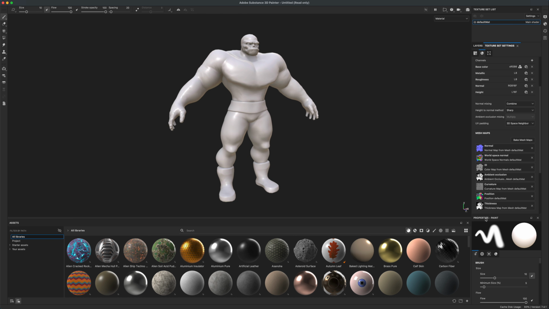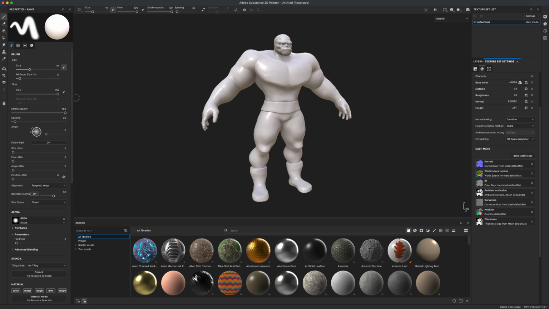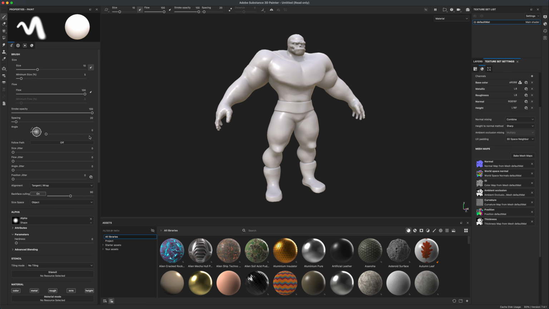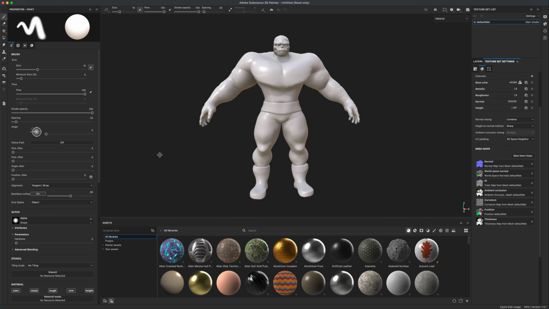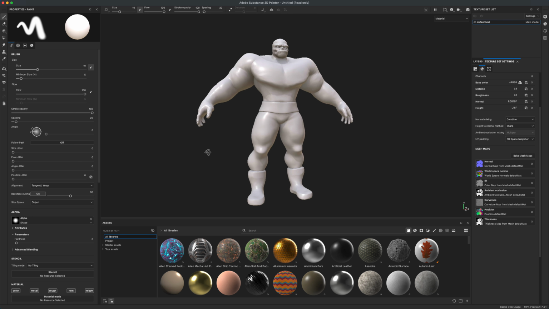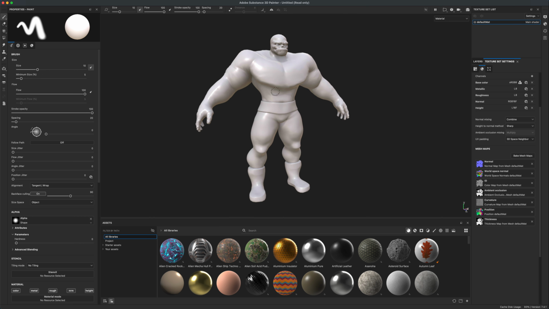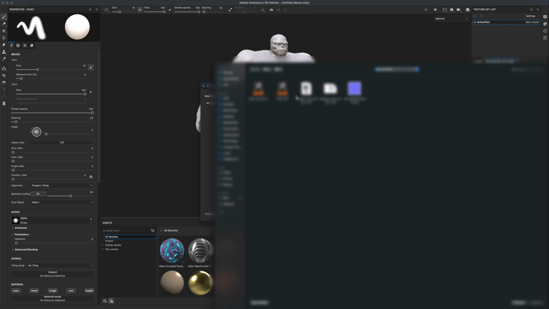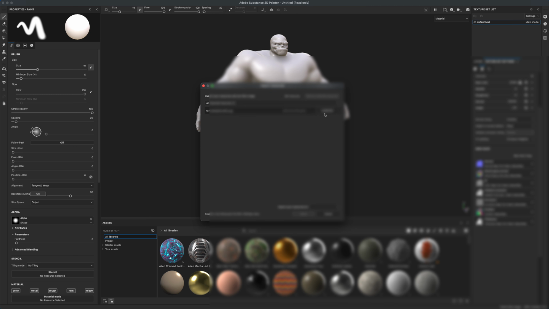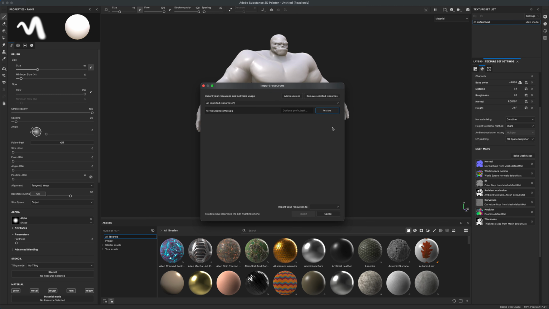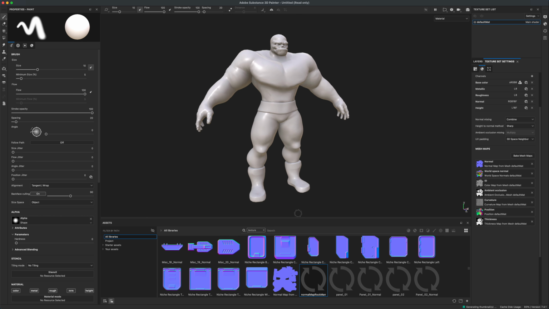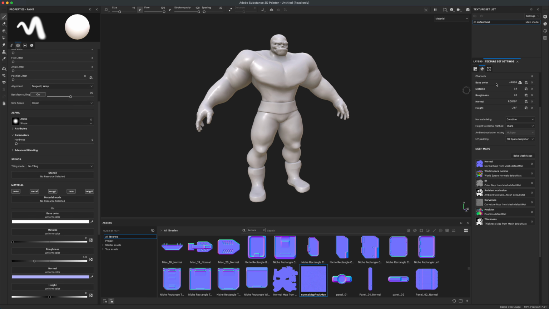Let's go ahead and, actually, I'm not sure why my panels moved around, but let's just bring in the normal map, and I just want to see before I end this video how the normal map from ZBrush looks inside here. So I'm going to go to File, Import, and I'm going to grab my map, and I'm going to set this to a texture, and let's go ahead and do this project. I haven't named it yet. I'm going to just say import,